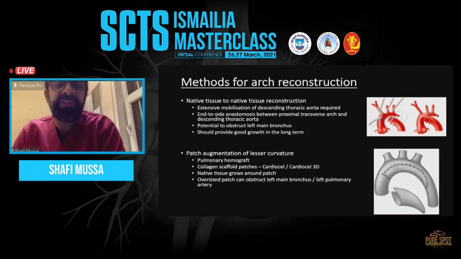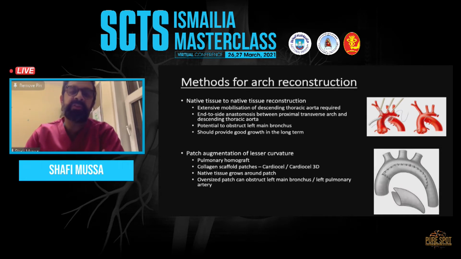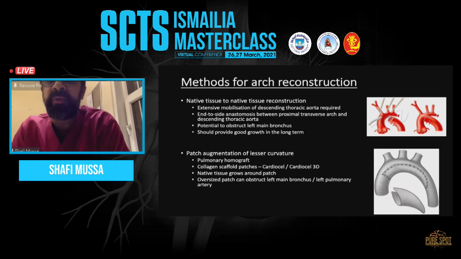The alternative is to patch augment the lesser curvature of the arch. And then the options here in terms of patches are to use pulmonary homograft or collagen scaffold patches such as Cardiacell, and more recently Cardiacell 3D, which is a preformed curved patch. The patch is usually, as I said, applied to the lesser curvature, leaving native tissue on the greater curvature of the aortic arch, and then performing an anastomosis